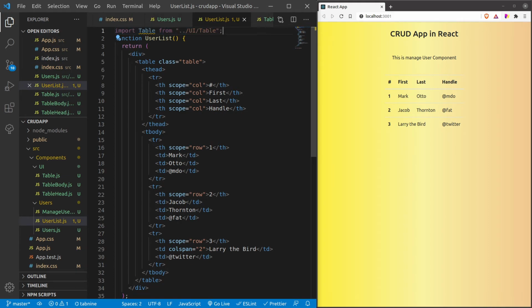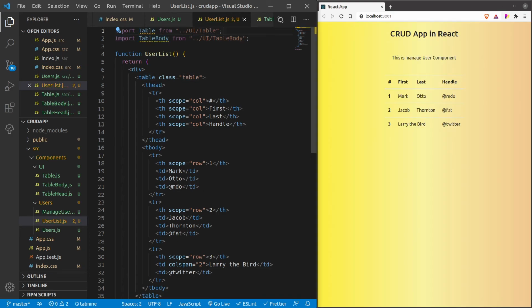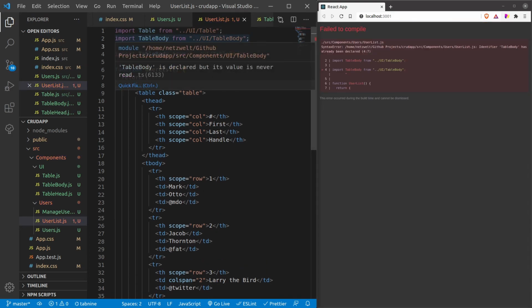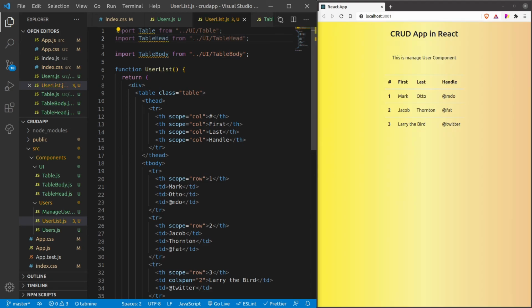Similarly, I have to import table body and then table head and then paste it over there.